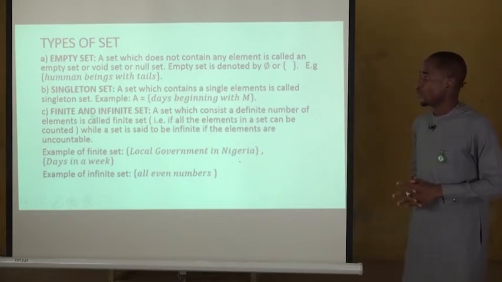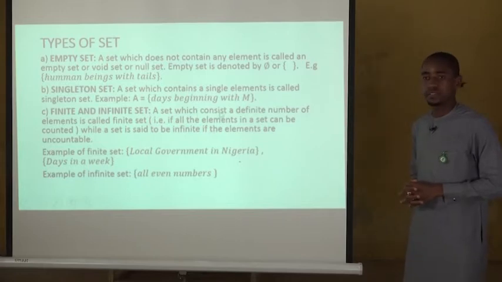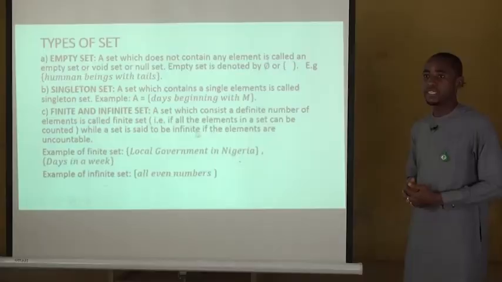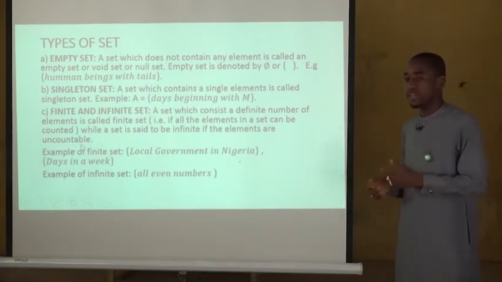C, finite and infinite sets. A set which consists of a definite number of elements is called a finite set. That is to say, if the elements in a set can be counted, then that set is referred to as a finite set. While a set is said to be infinite if the elements within that set are uncountable. That is, we cannot count the exact number of the elements within that set, then that set is referred to